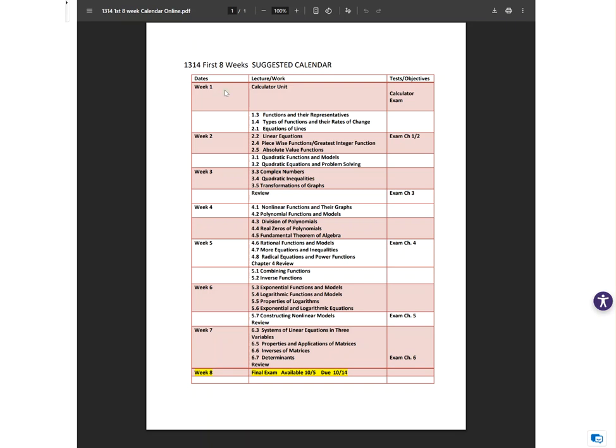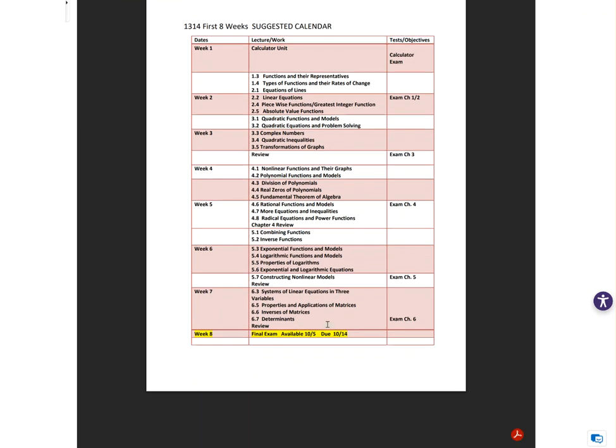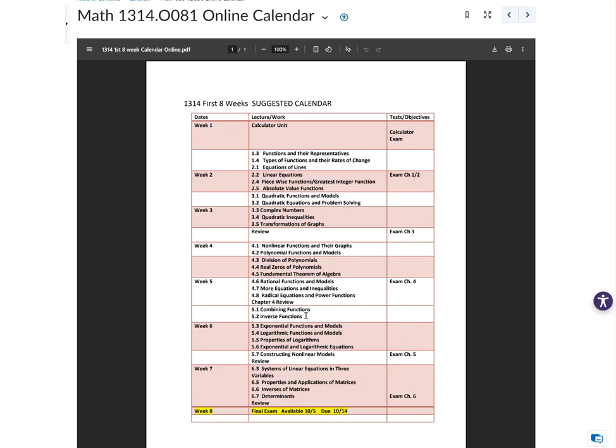Okay, so because it's an 8-week course, everything's going to be open here, and you work on this. And then the final exam is not going to show up till October 5th. Everything else is open for you, but you do have to work the final between October 5th and October 14th when the course ends. The rest of this you can work starting now and work till the October 14th, which is kind of like midterm for a regular class. So that's your calendar. I would print that and keep that for yourself.